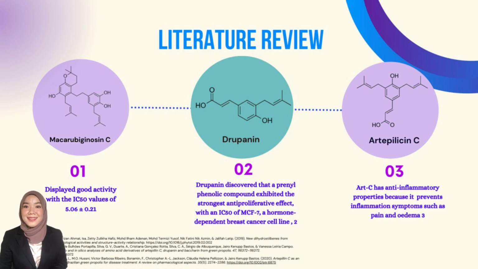biological activities. According to some research journals, macarubicinosin C displays a good activity with an IC50 value of 5.06 plus minus 0.21. Drupanin was discovered to be a prenyl phenolic compound exhibiting the strongest anti-proliferative effects with an IC50 against MCF7, a hormone-dependent breast cancer cell line. Hydroxybenzaldehyde C has anti-inflammatory properties because it inhibits vasodilation, migration of immune cells, and prevents inflammation symptoms such